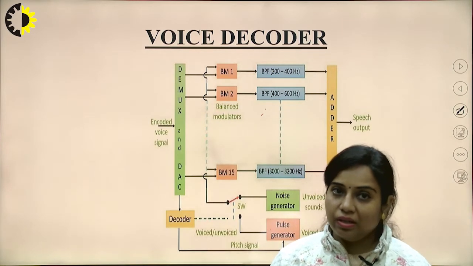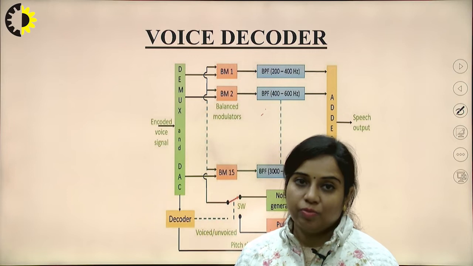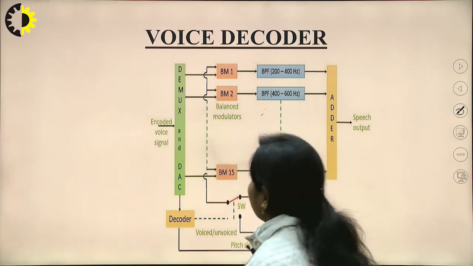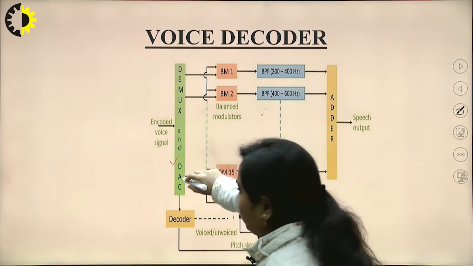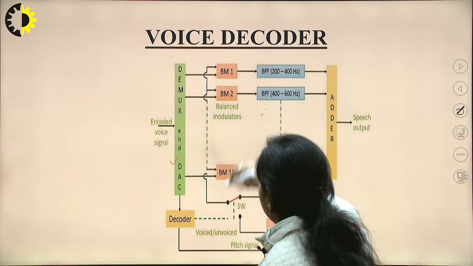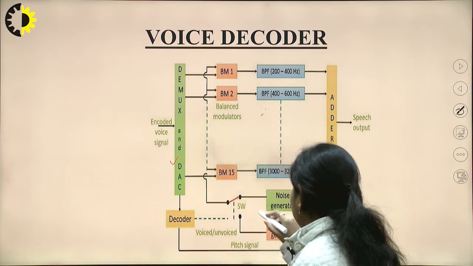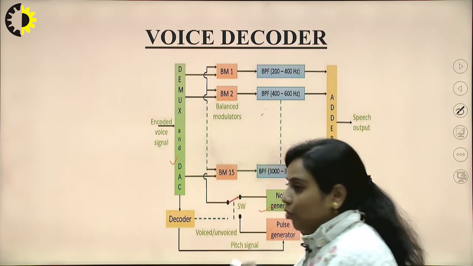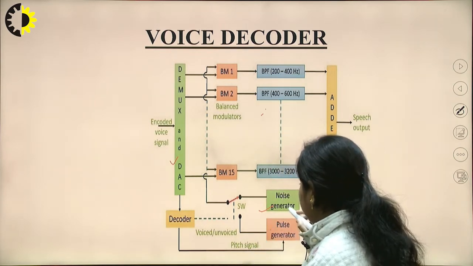Now this is the receiver part. The voice which you have encoded at the transmitter side has to be decoded. So the DMUX and the DAC are used. Then it is passed through a balance modulator. To this balance modulator we need to insert another signal for the purpose of modulation. That particular signal will be selected by the